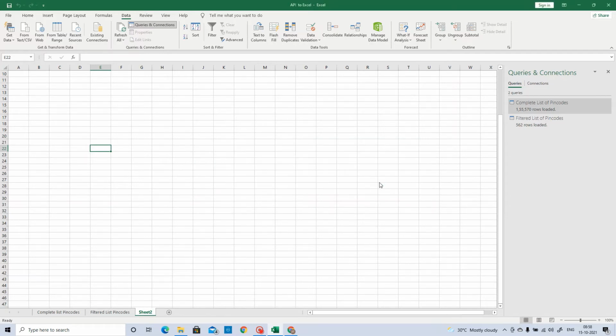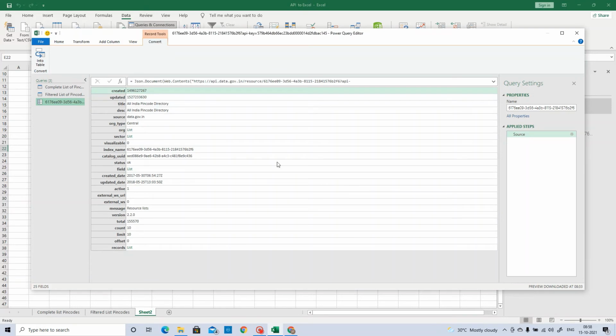After that, this will open the Power Query editor. Power Query is one of the powerful tools embedded within Excel, using which you can consolidate data from multiple sources and then clean the data, transform it and reshape it the way you want. So this is your Power Query editor.